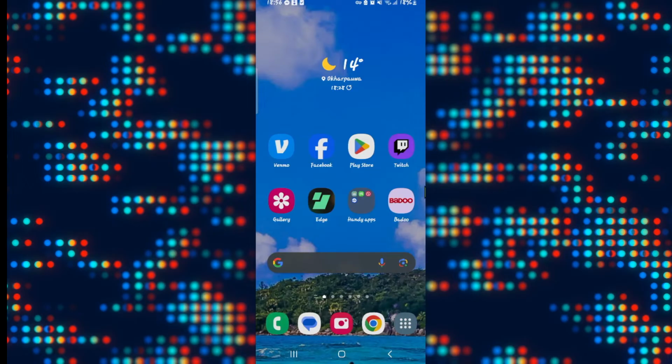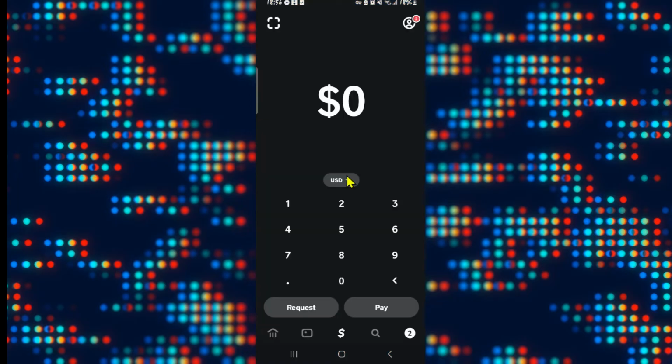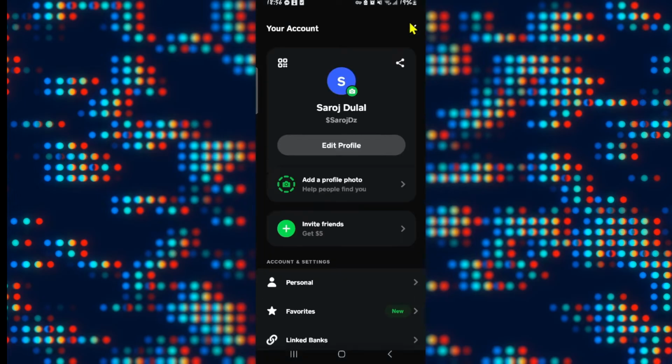Now the Cash App application doesn't allow you to log in from multiple devices. However, if you suspect this is the case, then in order to log out from all devices, open up your Cash App application and then use your PIN or your biometrics to access your account. Now once you are taken inside your homepage, tap on your account icon at the top right corner, and then